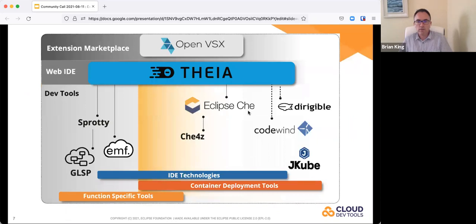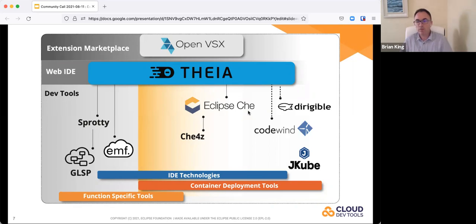Now this is an infographic that we put together for our recent Cloud DevTools white paper, which I would recommend you download and read if you haven't already. It's definitely imperfect, right? I don't think there's a perfect or obvious way to find connections and represent all our projects all together. So don't take this as perfect.